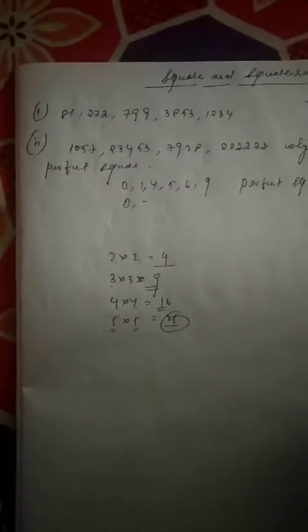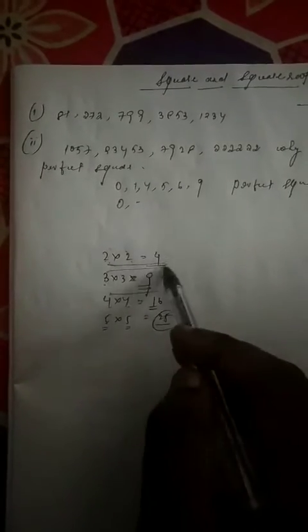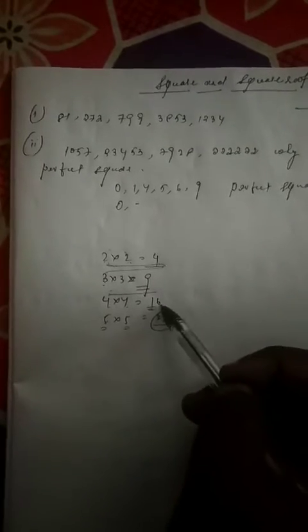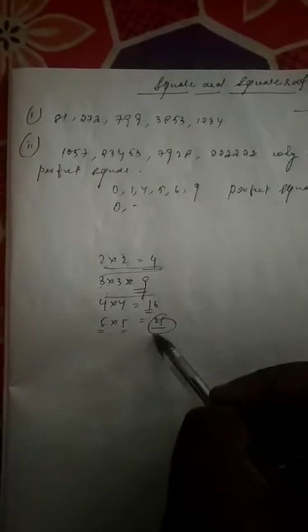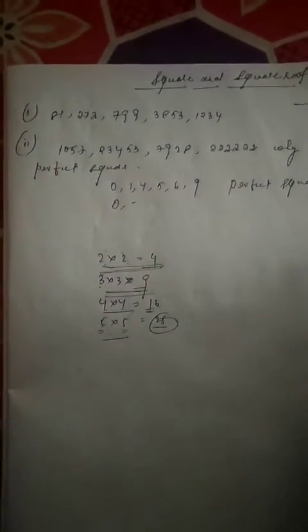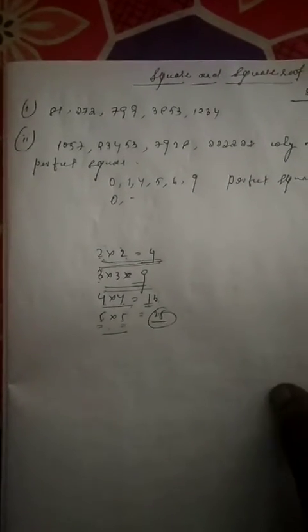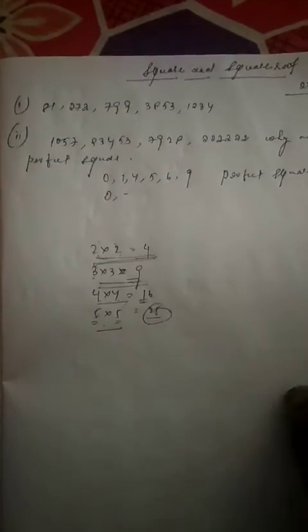So in these 4 numbers which I've written, 2, 3, 4, 5, I'm finding the square of that particular number. Square of 2 is 4. Square of 3 is 9. Square of 4 is 16. Square of 5 is 25. These are the squares of these numbers. It means that number will be multiplied with itself, and I'll get a product. That is called the square of a number. For an example, the square of 9 is 9 square, means 81.